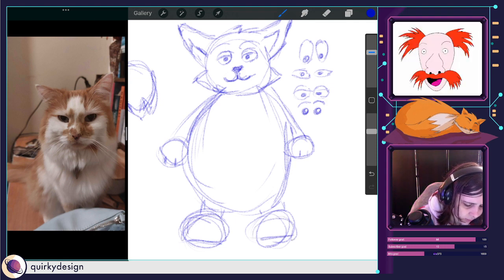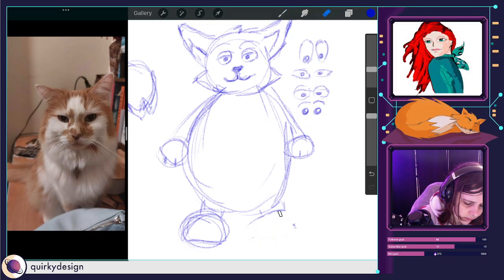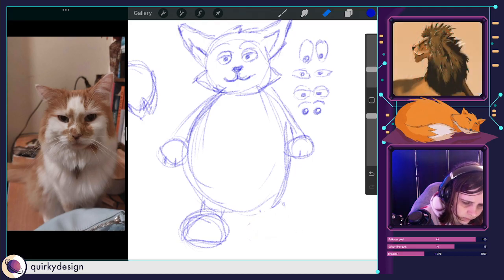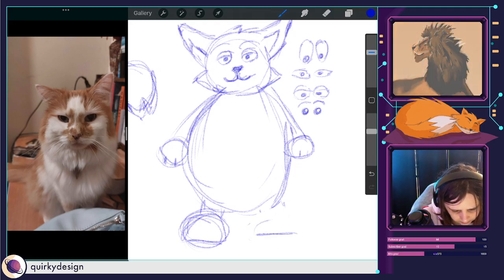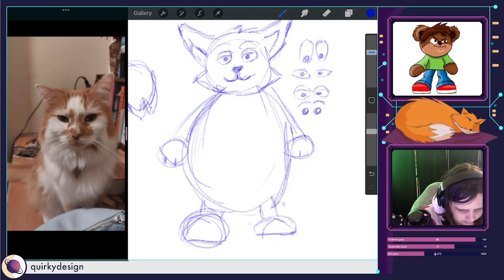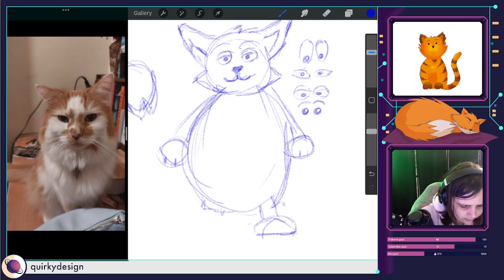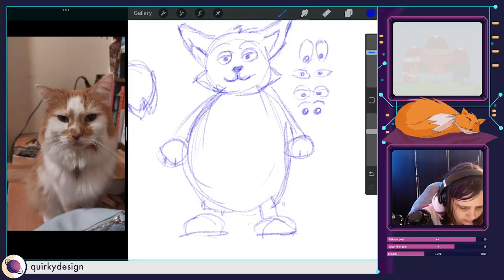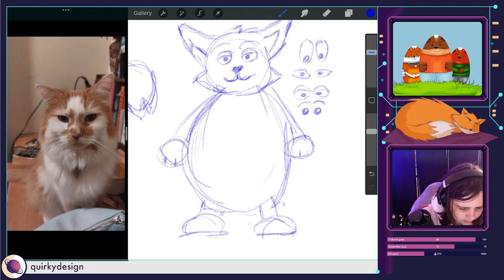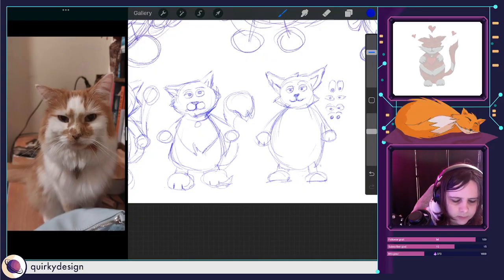Yeah, you can look like you're sort of wearing shoes. So I like that better because it looks like his feet are a bit more grounded.